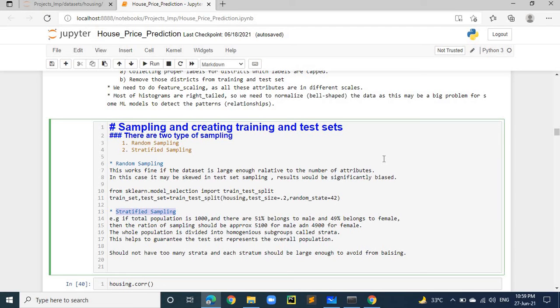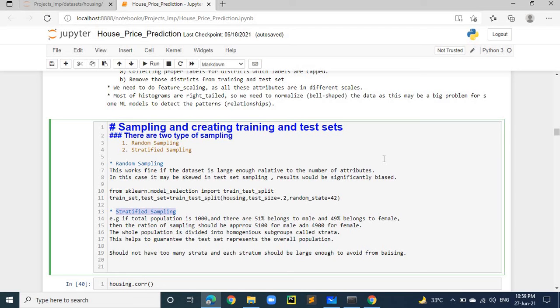The samples should be homogeneously divided into different subgroups, so that the percentage of homogeneity in the training data set should be the same in the test data set.